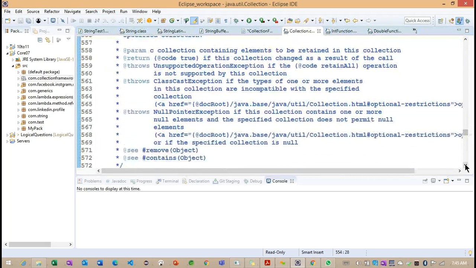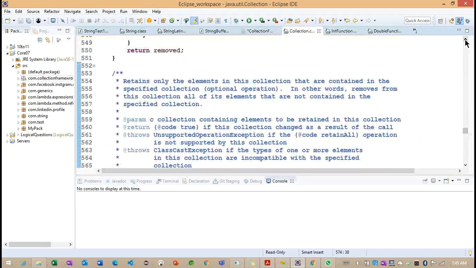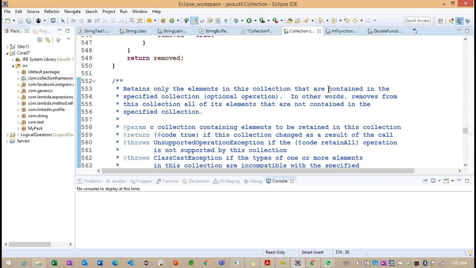Whatever collection of objects we pass to this method's parameter, internally it checks the condition of whether the parameter's elements are available in the current collection or not.